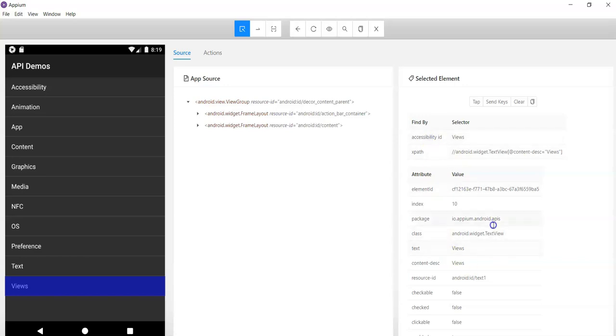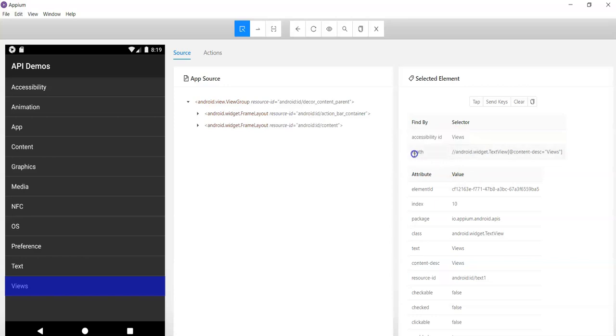So these are the different locators, same as the UI Automator Viewer tool. But there are two additional attributes here: accessibility ID and XPath. Index, package name, class name, text, content desc, resource ID are common in UI Automator Viewer, Monitor, and Appium Desktop Inspector. So the only difference in Appium Desktop is there are two more attributes.